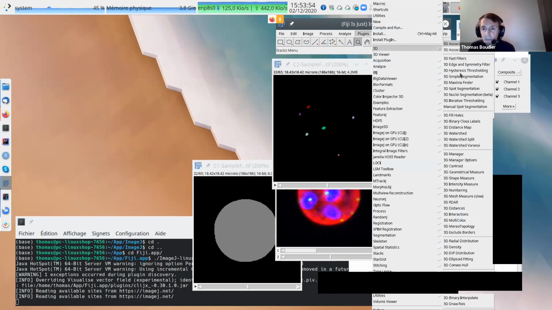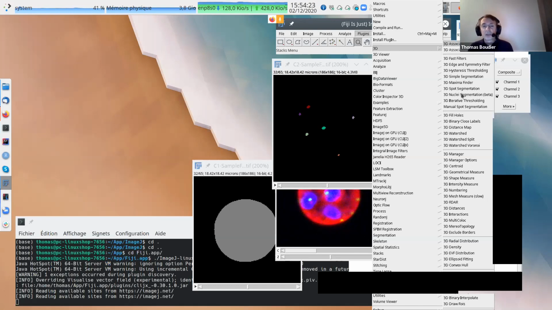Here, everything is about segmentation. The simple segmentation is like a 3D object counter or thresholding. Simple segmentation just gives one threshold and it will do the segmentation. Spot segmentation, we will see later, is more specific for spots.